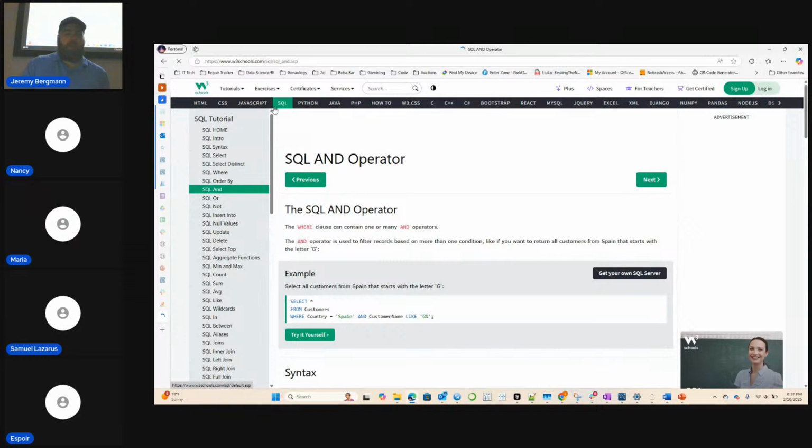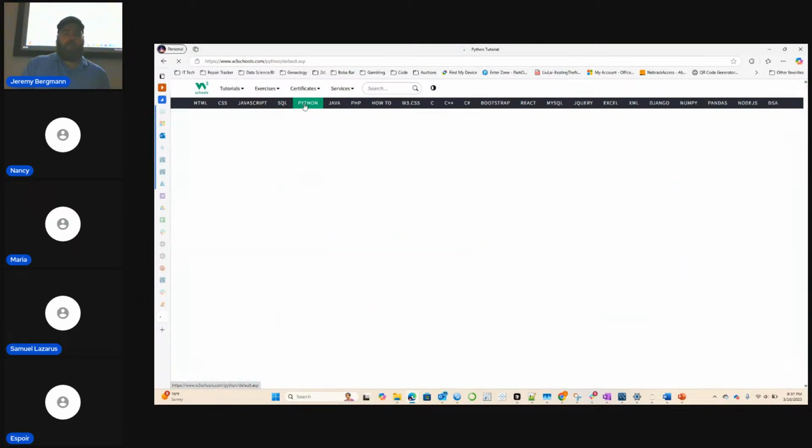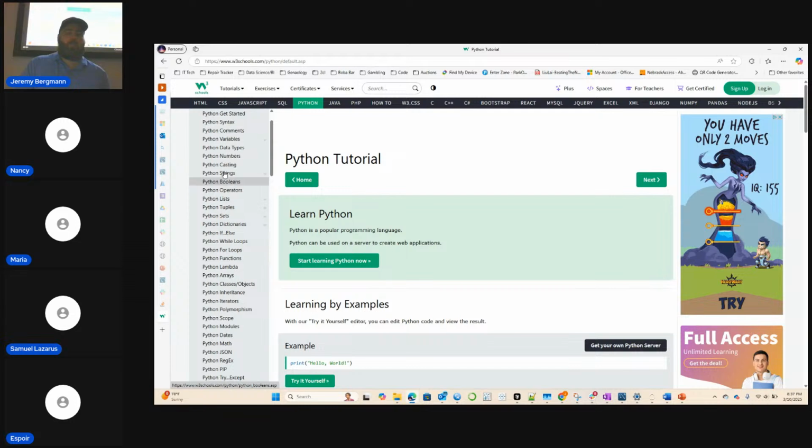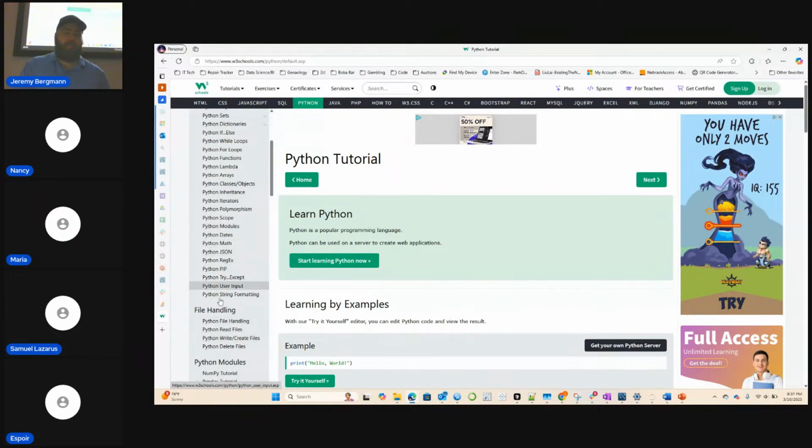And even this one has other programming languages. So if you do Python, W3 Schools, you can learn all about the different Python data types, loops, lambda functions, some of the different packages, how to use them, the most common packages, especially for data. I'd recommend it for any class that you take here, especially development, where in Python, you'll use libraries like NumPy or Pandas to manipulate data. So you can do data manipulation in Python too.